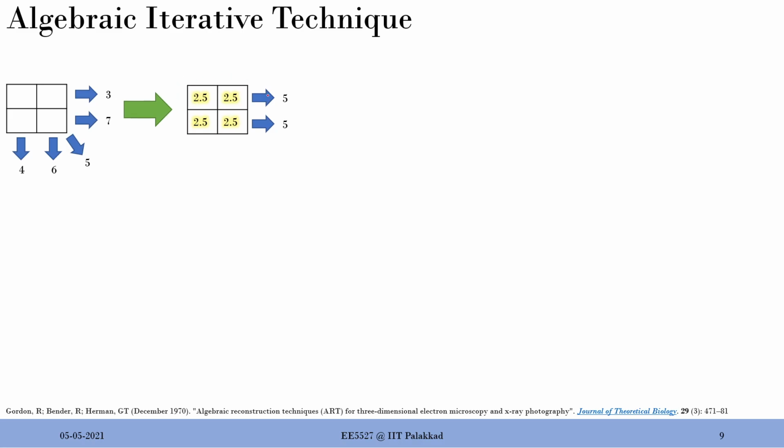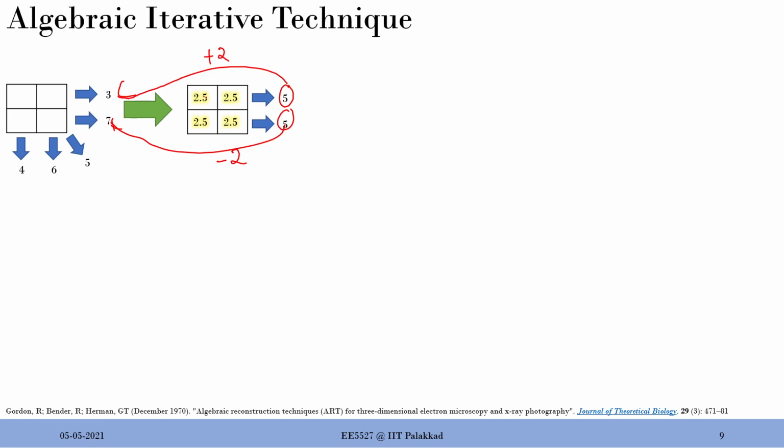And then what we do is we add them in the horizontal direction. That will be 2.5 plus 2.5 will be 5, 2.5 plus 2.5 will be 5. Now if you compare this value to the expected value here, and similarly this value to the expected value here, you see that there is a difference of 2, right? These values are higher by 2 and these values are lower by 2, right? Because the expected value was 7 when I sum these two, but I got only 5, and here the expected value was 3 but I got 5. So this is actually higher by 2 and this is actually lower by 2.